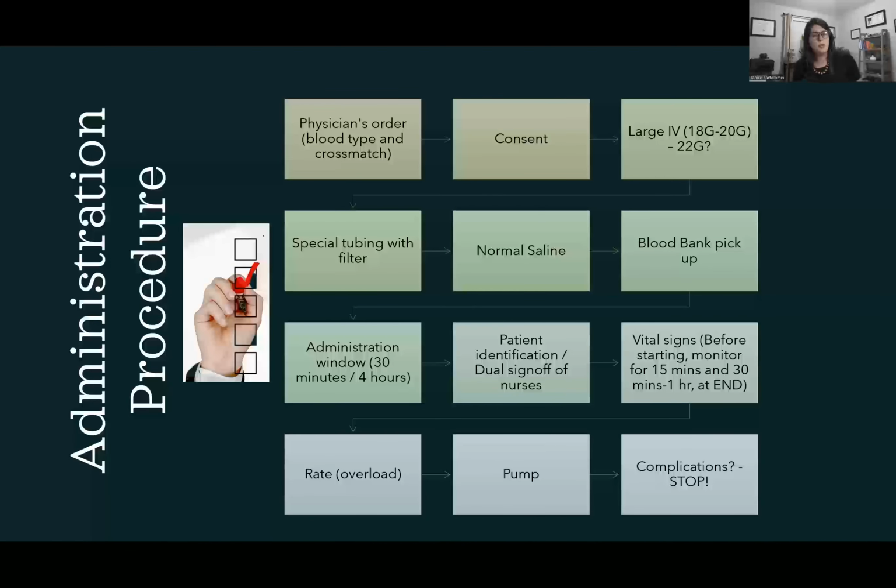You have to be careful with the rate. Usually we start slow because there's a risk for reaction. So we want to make sure that we can catch a problem and not have infused so much. And also careful consideration for patients that have a high risk of fluid overload. We give it on a pump, at least red blood cells, fresh frozen plasma, and platelets sometimes is given